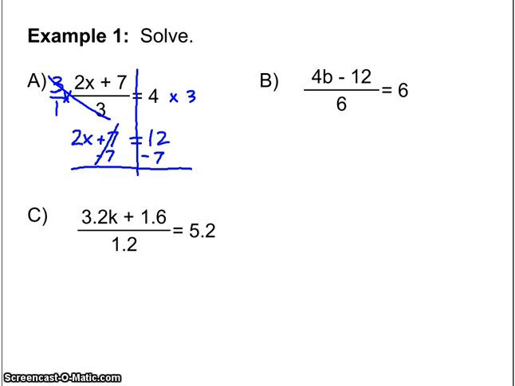My inverse operations cancel out, and I'm left with 2x equals 5. Again, that's not my answer. I really want to know what x is. So x is being multiplied by 2, so I'm going to divide both sides by 2. They cancel out, and we are left with, depending on your calculators, probably going to give you 2 5/10, or